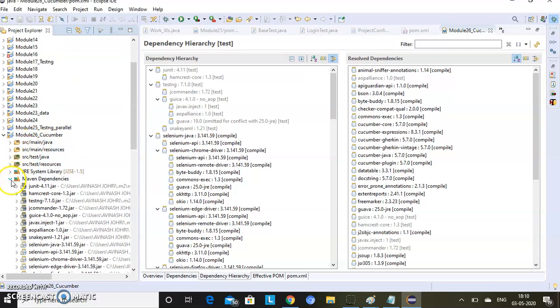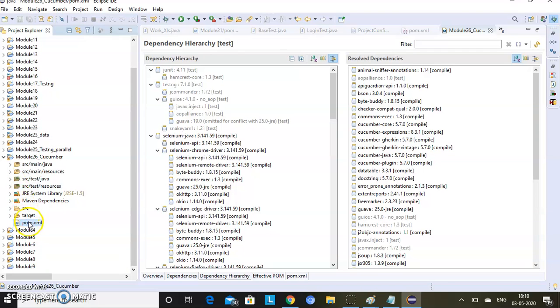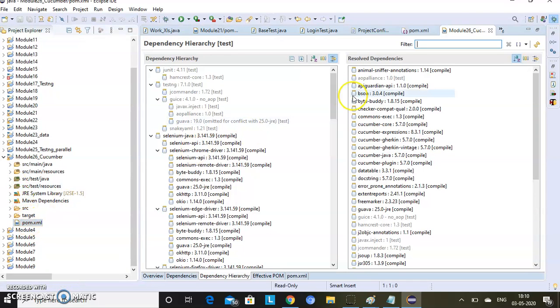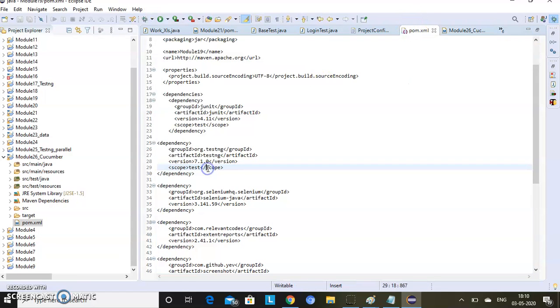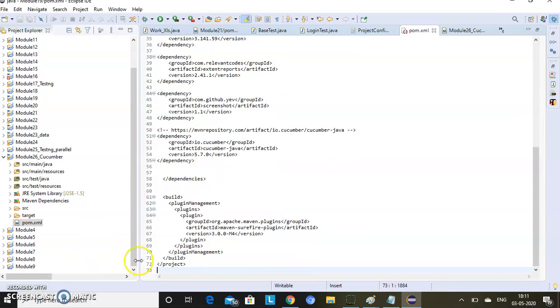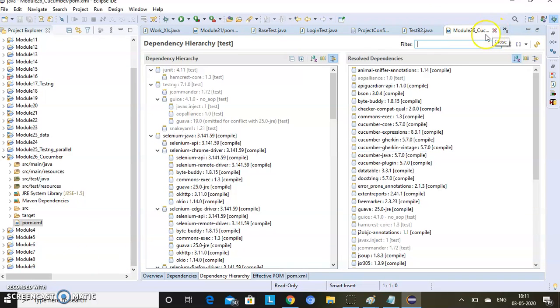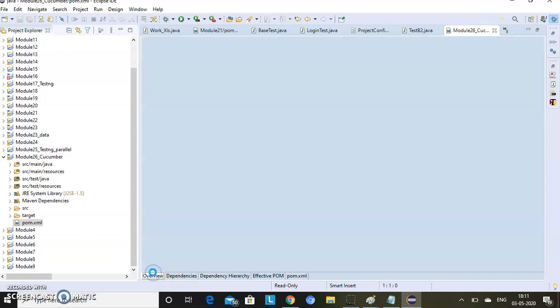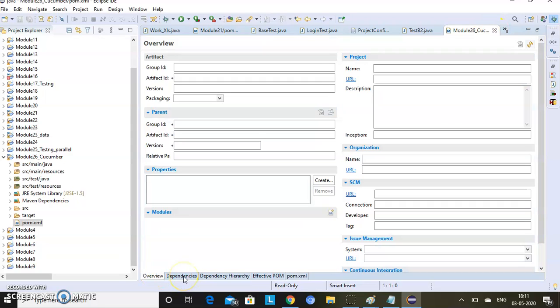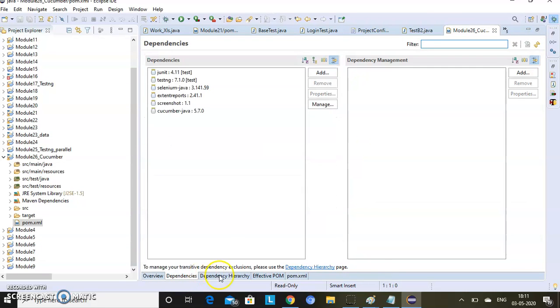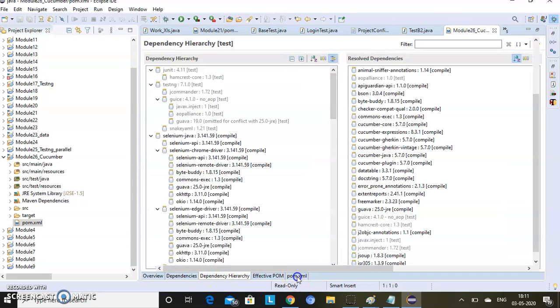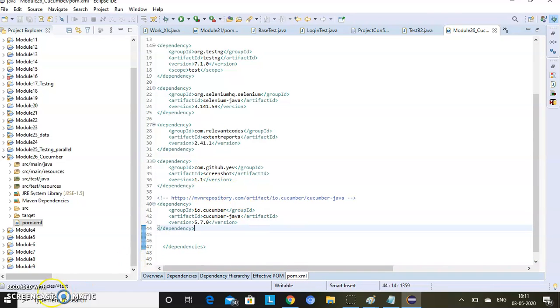I think I have already explained how you can work with Maven. I have just put all the required dependencies in my pom.xml, plus the Cucumber dependencies. Getting the things? Fine, I have added all these things.